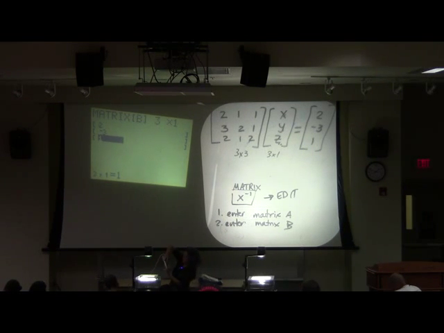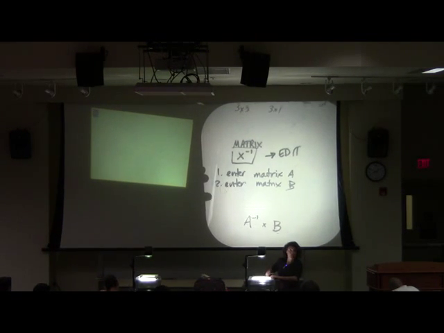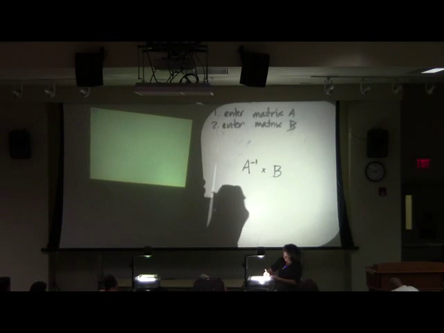Hit quit. So right next to your second button is mode. Hit second mode. Are you okay? Cool. All right, now get out of that screen. Everyone with me this far? Okay, now, do you guys agree in order to solve this, we want to do A inverse times B? Let me show you how to do that.